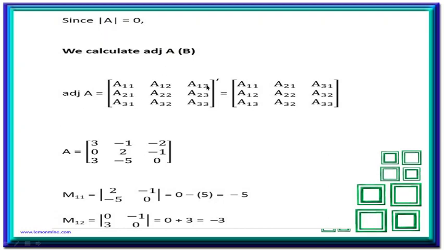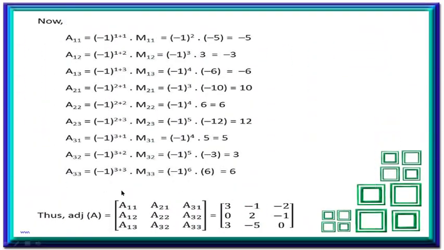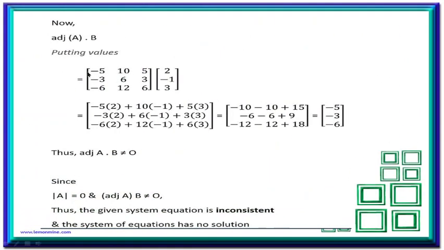So first of all, adjoint A is the transpose of cofactor matrix. We have taken the transpose. Now we will calculate all the minors. Everybody is well aware how to find the adjoint. Now you have calculated in so many questions. We'll calculate all the minors, then we'll find out all the cofactors. Or the students who have seen the last videos must be aware we can calculate the cofactors directly even without calculating the minors. Adjoint A is ready.